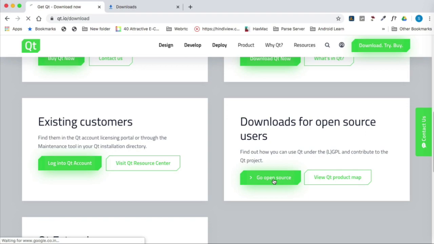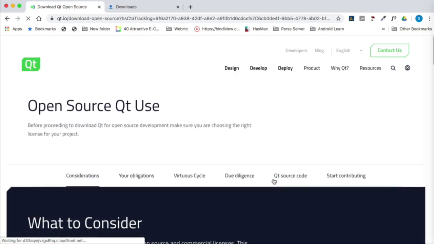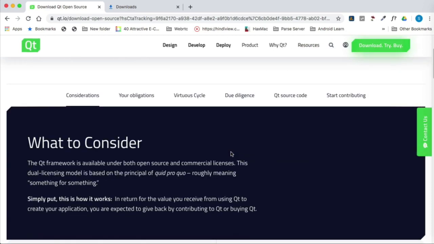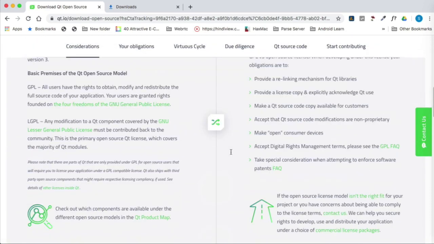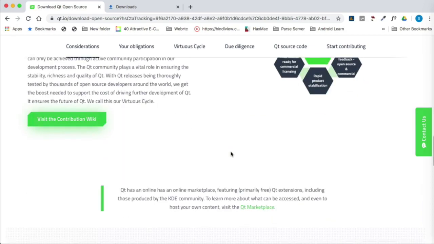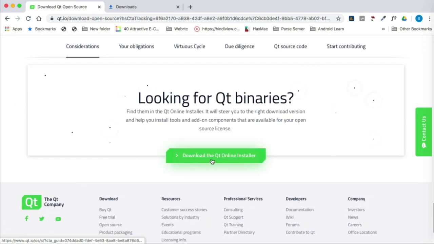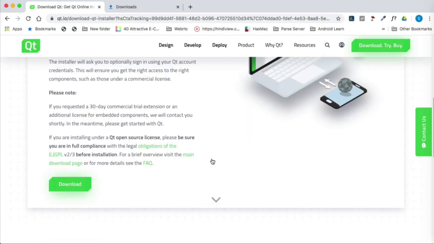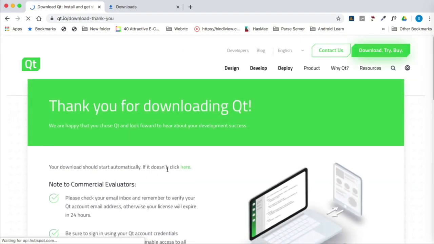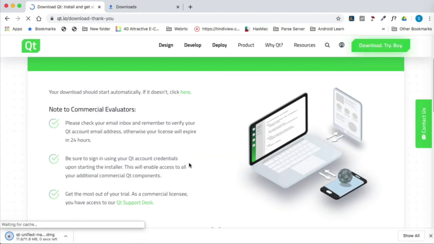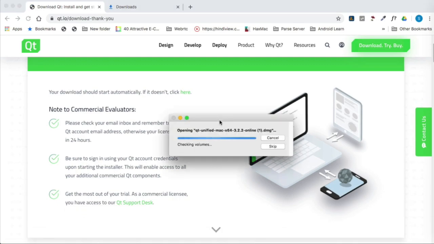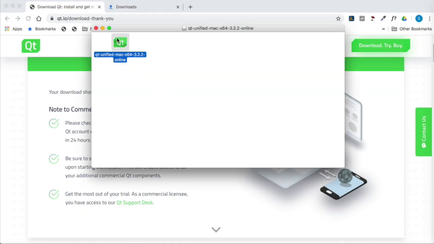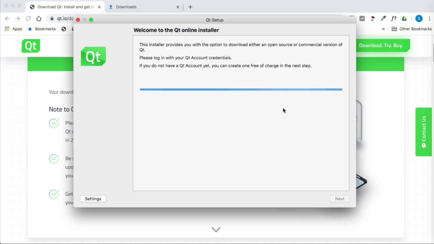But in macOS there is no standalone Qt Designer. Actually Qt Designer is built into Qt Creator. So for that we need to download Qt Creator first. So for that, go to their official site, which is qt.io, go to the download section and download the online installer. Open this installer. There will be a warning. Click on the open button.